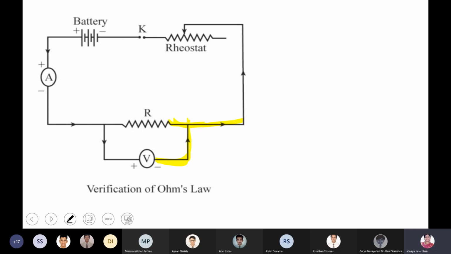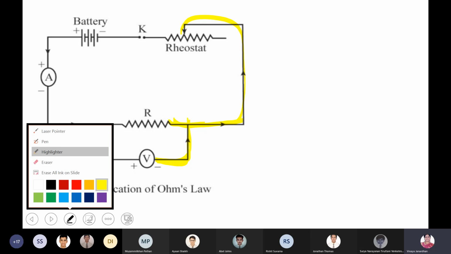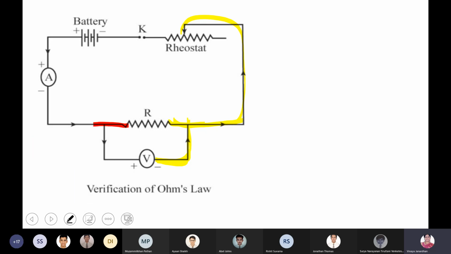That depends on your apparatus setup. Sometimes we draw the ammeter on this side also. But remember, two wires from one end of the given wire: one goes to the upper terminal of the rheostat, the other one goes to the voltmeter negative. Then look at the other end of the wire. There are two copper wires from the other end. One goes to the voltmeter positive. The other one goes to the ammeter negative.